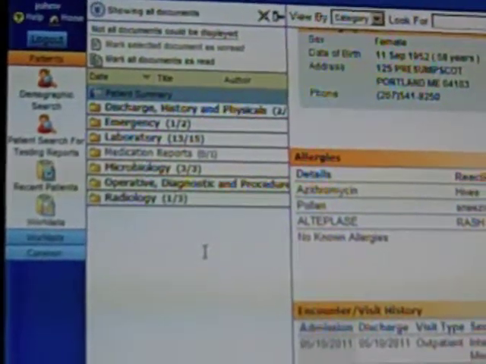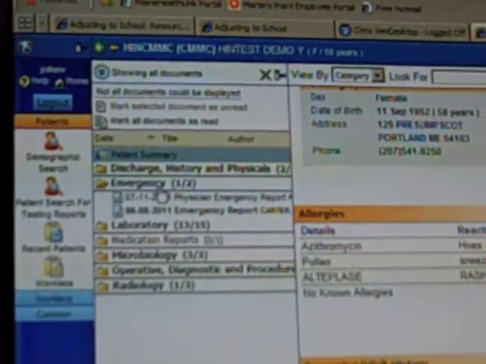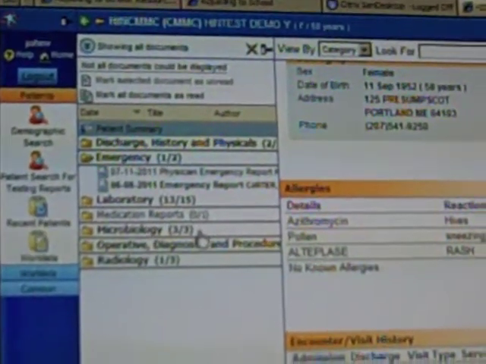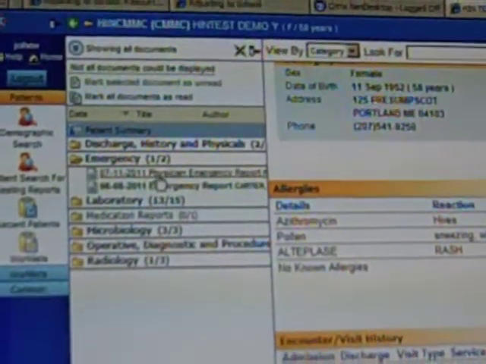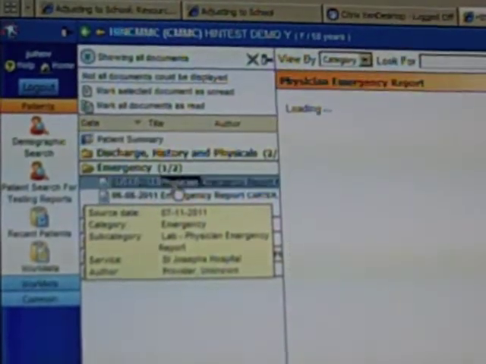You'll also notice over here to the left there's a whole set of information that's very useful to you. Now what I would want to do in this case that I gave you was look at an emergency visit. Of course this is not the same patient, so we have different information. But you can see that, for instance, this patient was seen on July 11th for an ER visit,